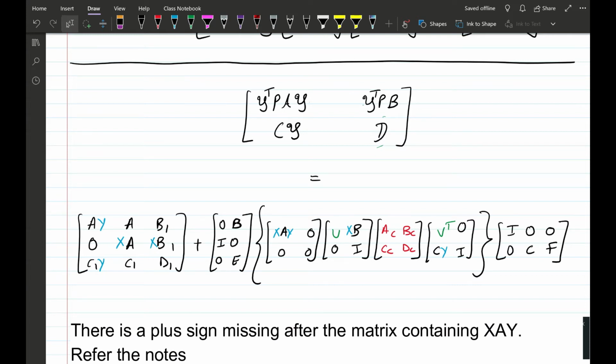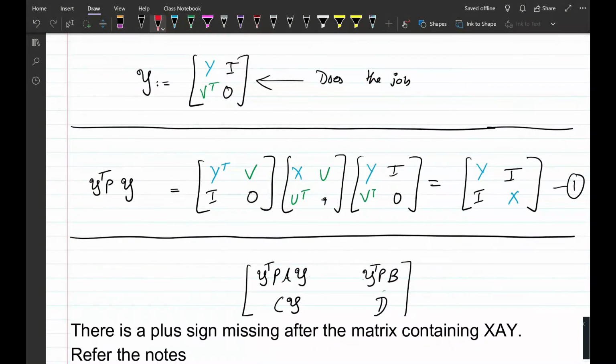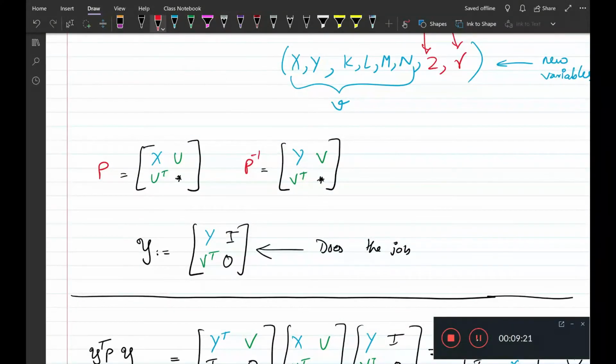Now I encourage you to try once that this is indeed true. All you have to do is substitute for this calligraphic Y this clever choice, then substitute for P this block, and of course because we have P P inverse equal to identity, we have in the